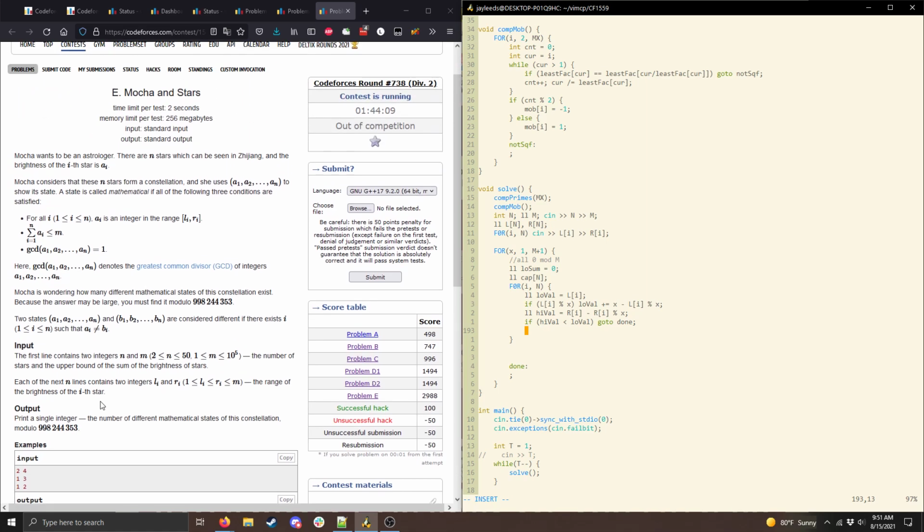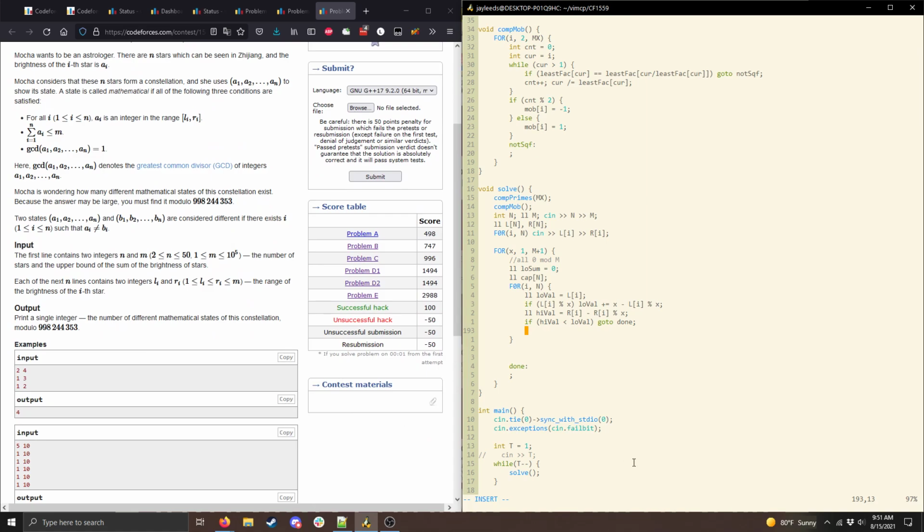What's the time limit here? 2 seconds? I think that's fine. Yeah, that's gonna be alright. Alright, so val divided by x, and then this equals low val. cap by is equal to high val minus low val. Yeah, all right. So then